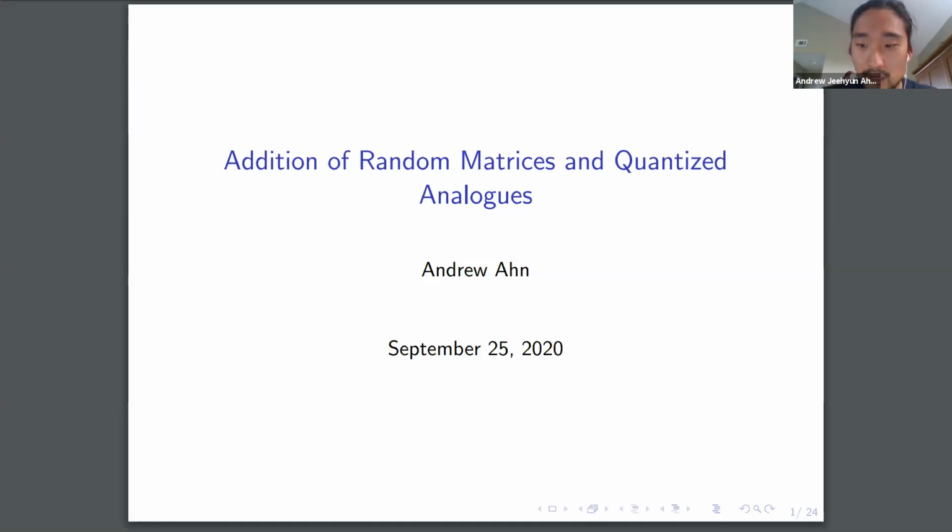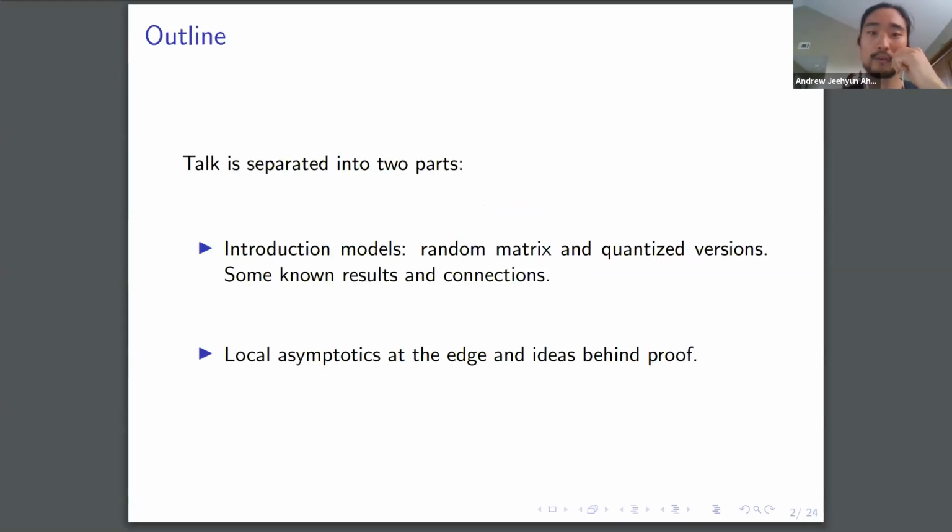So this is going to be based off of some recent work that I've done. But the way I wanted to organize this was to spend about half of the time just introducing the model and describing the connections and existing results about it. So the models I'll talk about come from random matrices. And I'll be looking at some additive random matrix models and some quantized analogues of these things, which I'll get into. So the first half will be less focused and